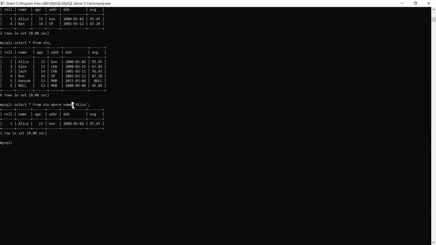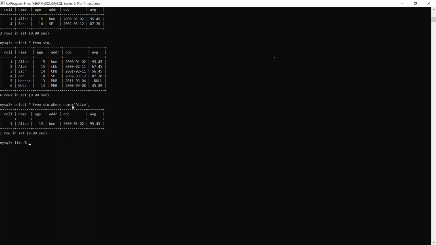But suppose we want to search on the basis of some patterns. For example, whose name starts with L, or whose name ends with H, or whose name has E anywhere in the name. On the basis of that, if I want to see the information, the very first thing is we are going to use the LIKE clause, and in the LIKE clause we are going to use two wildcards.